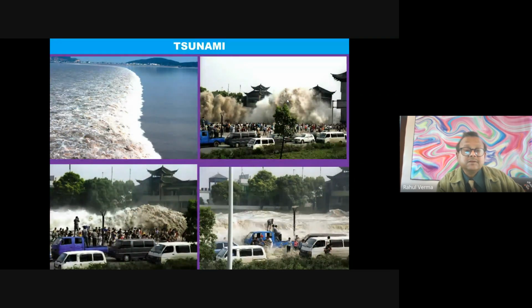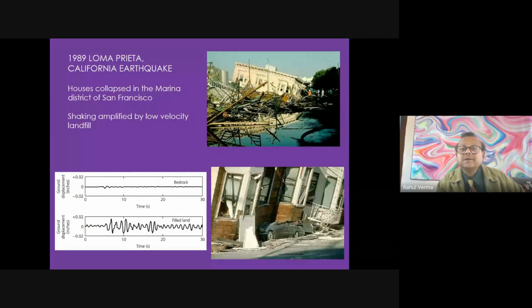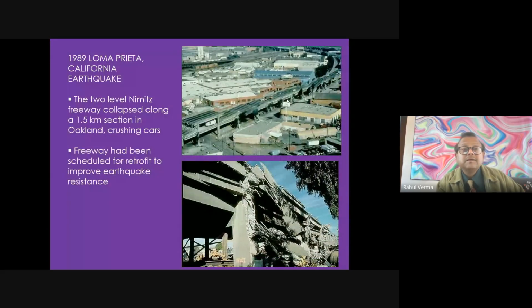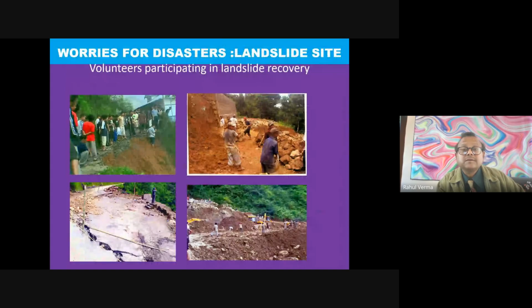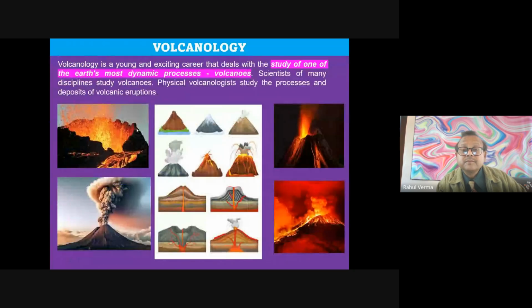You can see this. You must have seen a lot of movies and videos on tsunamis. This is an Earth landslide, earthquake. This is an example from Mizoram, where we used to have frequent landslides. Every time a landslide came, we used to visit. You can see half of the road is gone, and here it is cracking. This is about to go. And then local volunteers called YMA come to rescue.